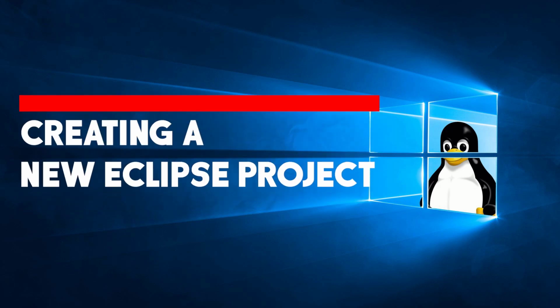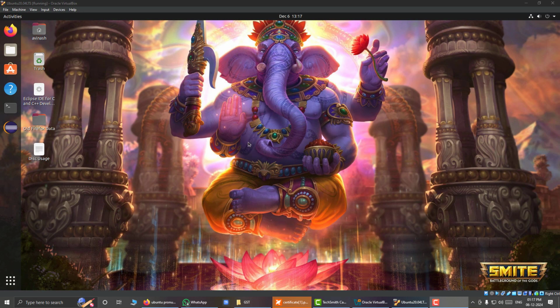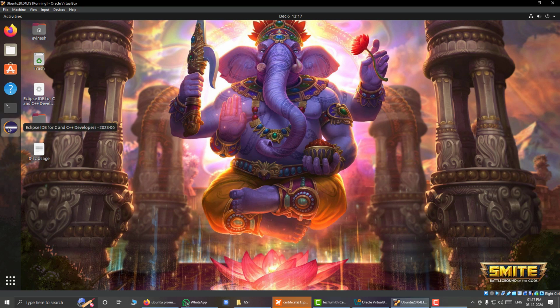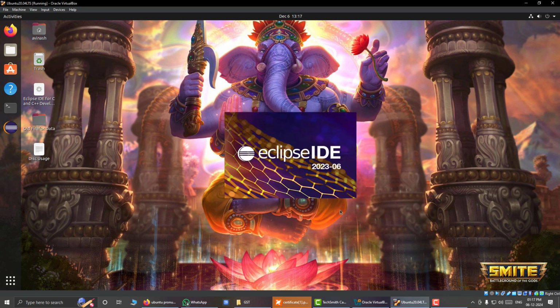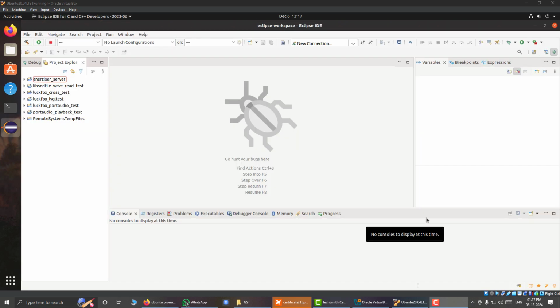Creating an Eclipse project for Luckfox. Here I have my Ubuntu operating system running inside VirtualBox. Now I will launch Eclipse. Here is my Eclipse IDE up and running, and now I will teach you how to create a new project